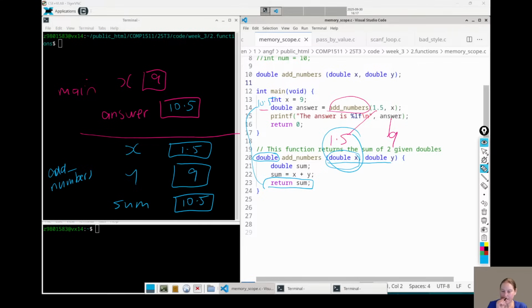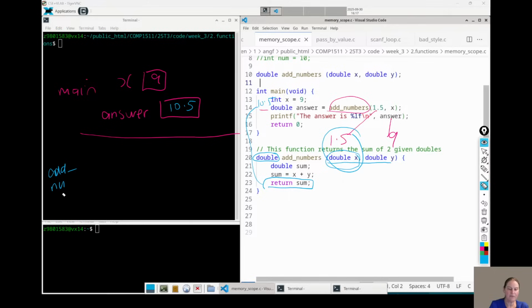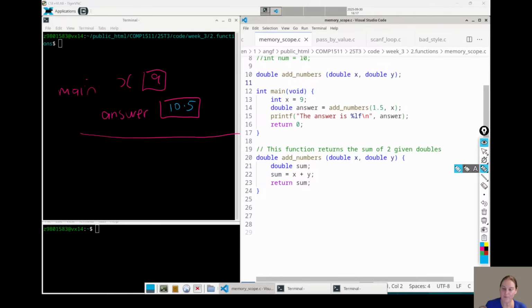And I can see a few questions down there. Now, when this function has finished, it's taken its input, it's done some calculation, it's returned its value. This memory can be used for something else, right? The function's not running anymore, it's finished. That memory gets reused by something else. Those values are sort of gone. And then after the function call, we continue executing wherever we were up to in the main. Whatever the next line is, it just keeps executing. So it'll print out the answer is 10.5.